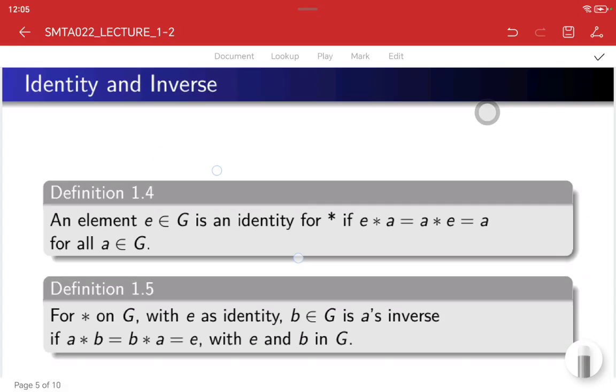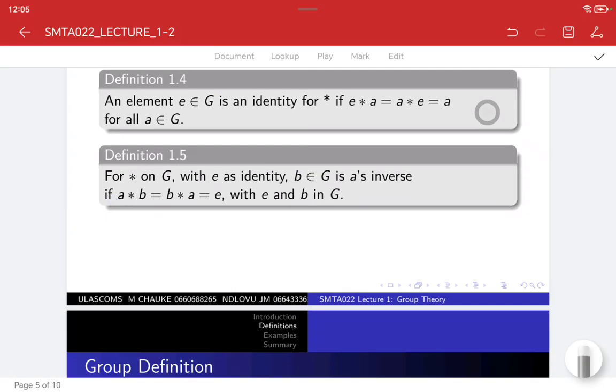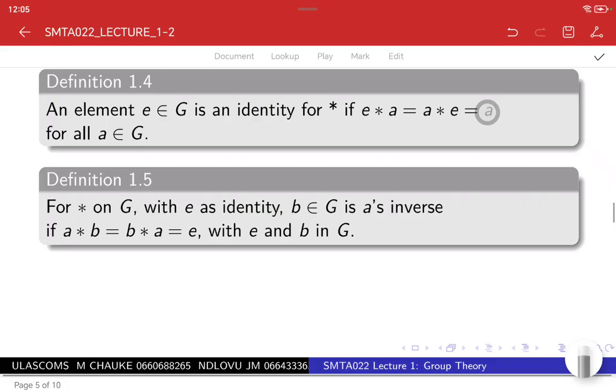But this is not always the case. Most of the time when you're dealing with matrices, the identity can change. This is just a default identity. Then when it comes to the definition of an inverse, we're saying that for star on G with E as an identity,